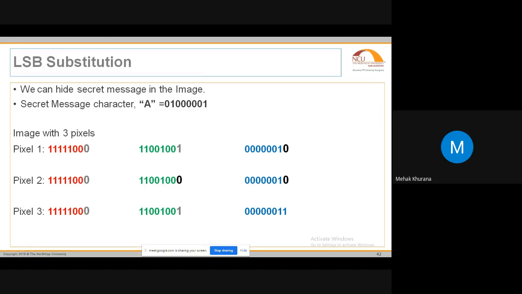You can see the first bit of A is 0, which is embedded in pixel 1. That is your first bit, highlighted with gray, and the last 0 in gray is a little bigger. So this is the data that I've embedded here. Then the next bit in the A character is 1, which is embedded in the green color. I've embedded the last bit as 1. Then the next bit in A is 0, which is embedded in the first pixel's blue, in the least significant bit, which is in black.